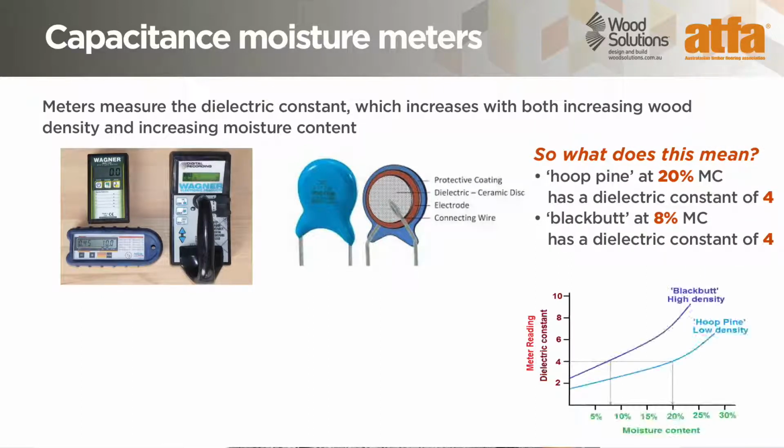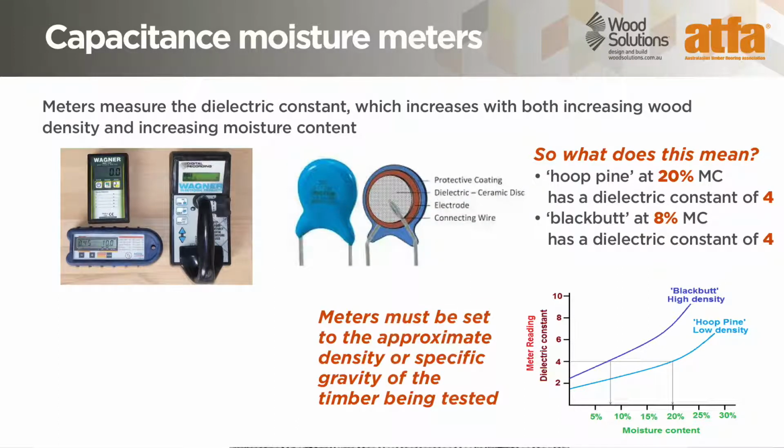Look at the graphs on the right side of the slide. If we have hoop pine at 20% moisture content, then it has a dielectric constant of 4. If we have blackbutt at 8% moisture content, it also has a dielectric constant of 4. However, hoop pine is a much lower density than blackbutt. Therefore, meters must be set to approximate density or specific gravity of the timber being tested to get a useful